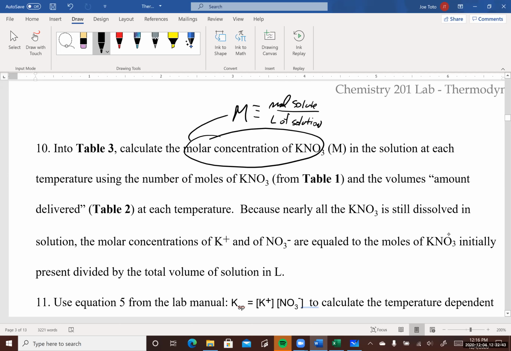Now, once you get that, you're going to compare that to your textbook solubility versus temperature for potassium nitrate. You can also look this up online, and you're going to see that it's going to look something like this, versus temperature. And you'll probably have a whole bunch of other compounds in there, and one of those is going to be identified with the potassium nitrate curve, and you'll see how it looks